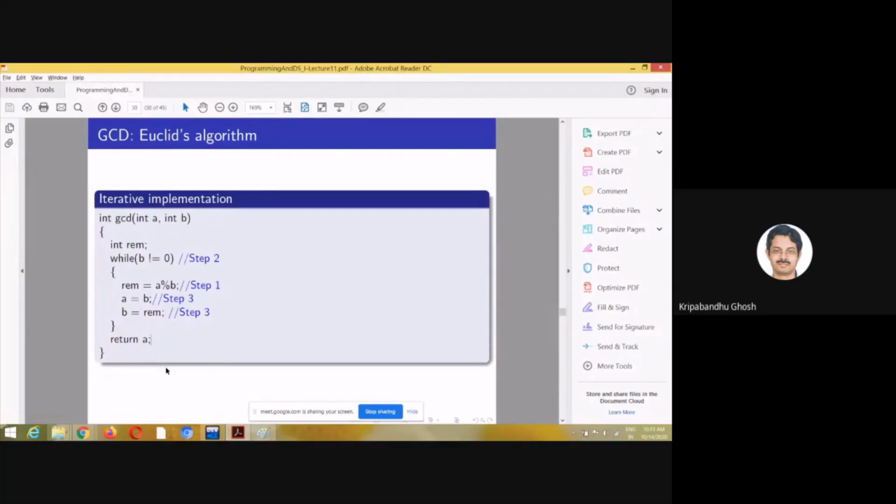So what is the trick in solving this? Every time you divide A by B, you store B in A and you store the remainder in B. So now with this logic, I want you to write the recursive version. Please write the recursive version of this, but I will show you the solution shortly. I will give you 5 minutes to do that.